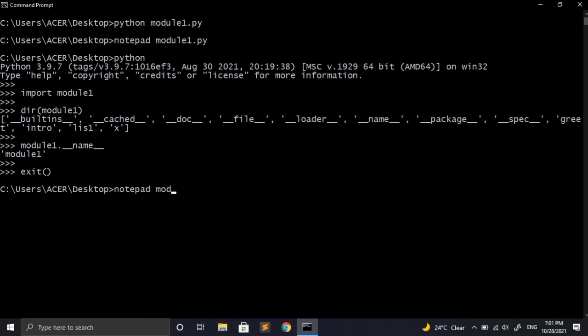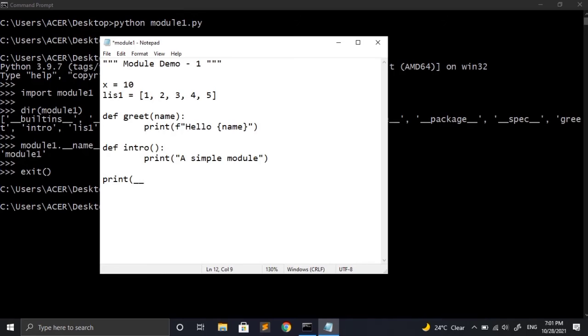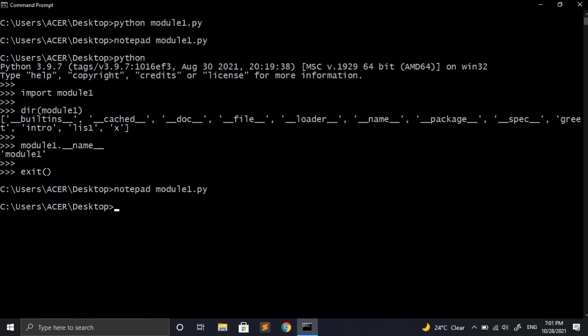So now let's again open module1 and make a small change in the code. At the end of the module, I am going to write print(__name__). We know that print is a function, and here we are calling the print function. So it will print the value even if it's imported or if it's running directly. Now let's close the file and move back to the command prompt.